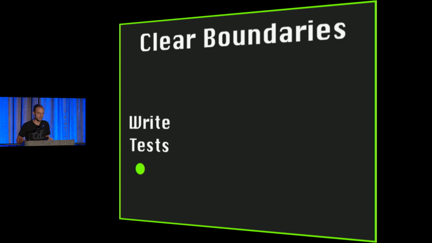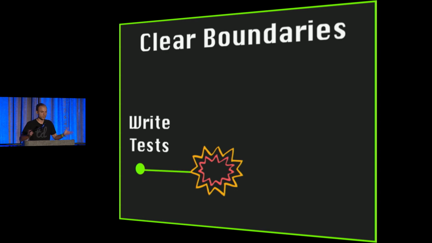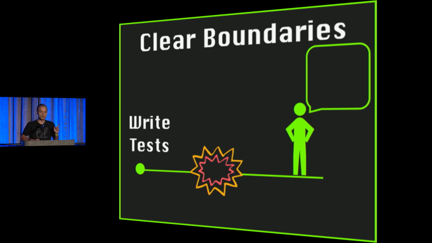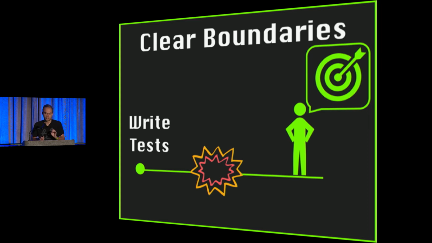So the same team with clear boundaries would write some tests. Something would blow up in production, because tests aren't a panacea, stuff still blows up in production, but they'd be able to stand with a backbone and say, look, we didn't write a test for that because we all agreed up front it would be too expensive to test with that level of realism. And besides, we didn't anticipate this thing happening, and it's really hard to automate stuff with an automated test that you can't predict. And finally, sure, maybe this is a problem that we can write a targeted test for, maybe against the Facebook API or something, but we don't necessarily need to make that leak into all of our other tests throughout our whole test suite.